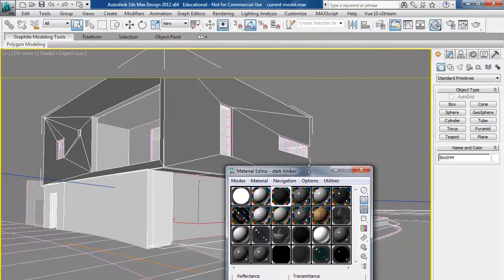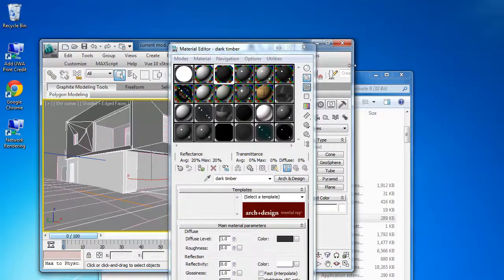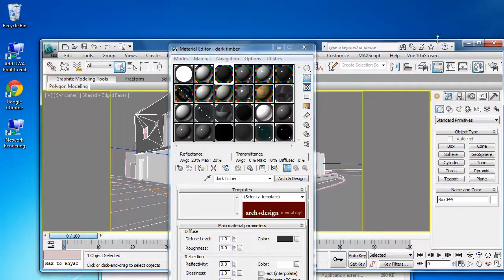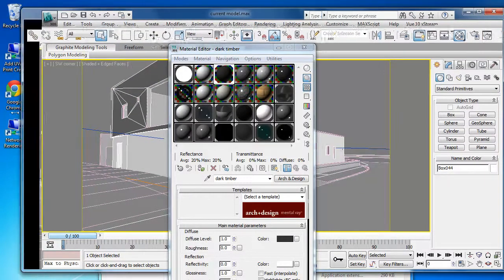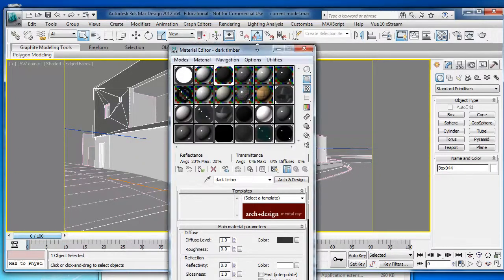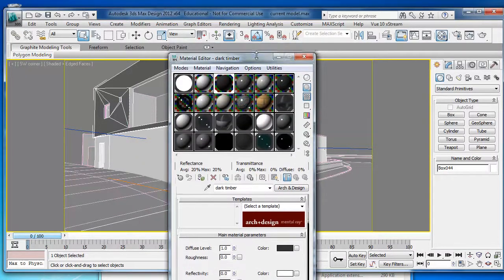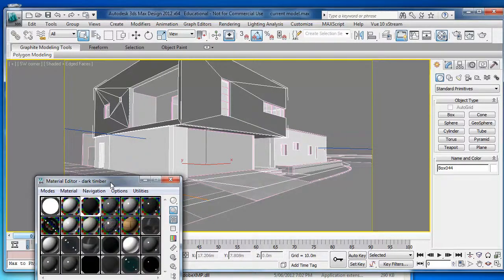Okay, this tutorial is going to be about the materials editor in 3D Studio Max. So really the job of today is to sort out all of your layers so that you can identify them easily. It's pretty easy to change layers. Identify each of the layers in terms of a material that you can then add, and then to start with